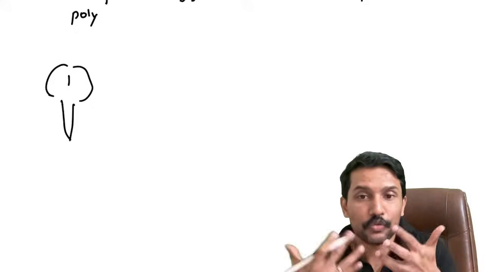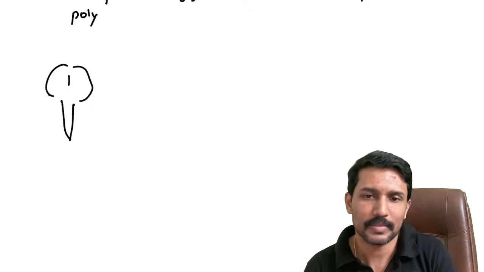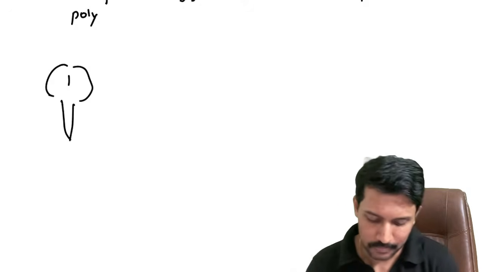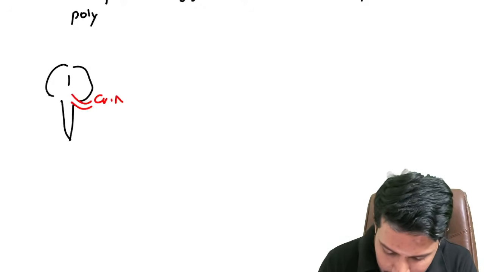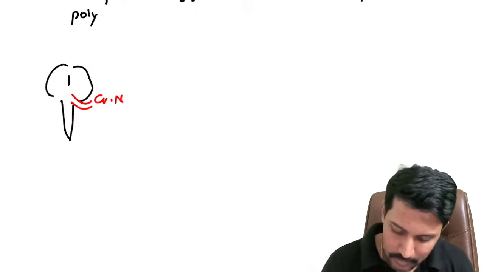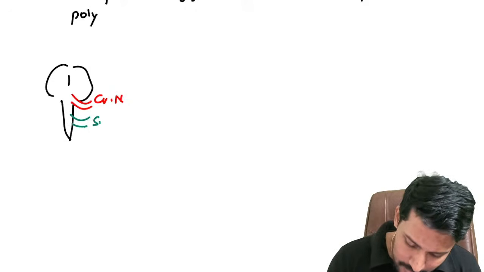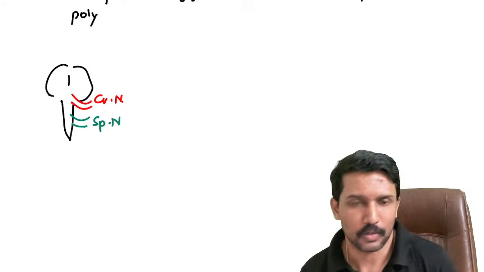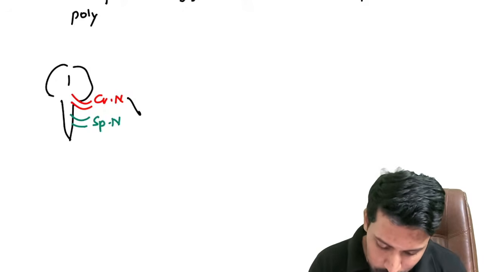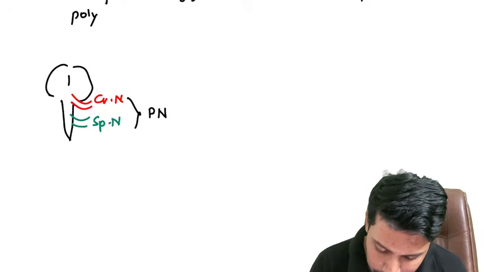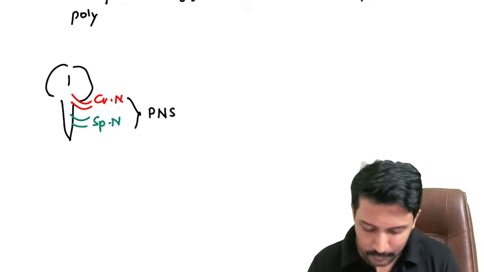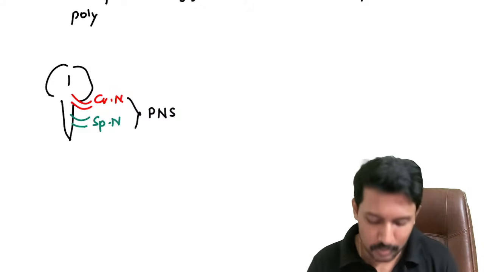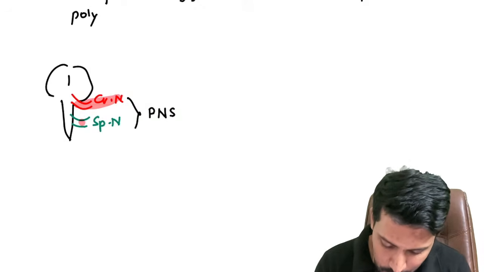Anything that comes out from these, we will call peripheral nervous system. From the brain stem you get cranial nerves coming out, and from the spinal cord you have spinal nerves coming out, right? Together, cranial nerves and spinal nerves, we call the peripheral nervous system. So when I say a peripheral nervous system disorder, we are primarily referring to cranial nerves or spinal nerves